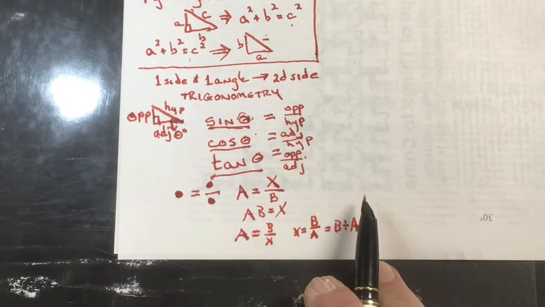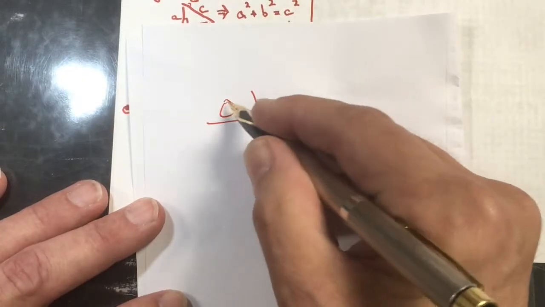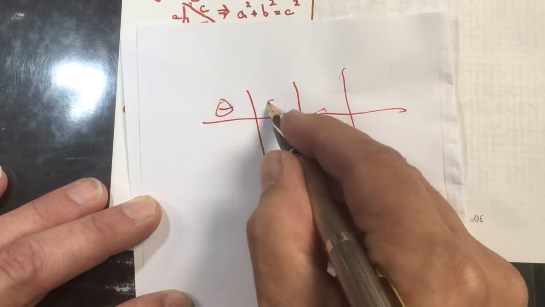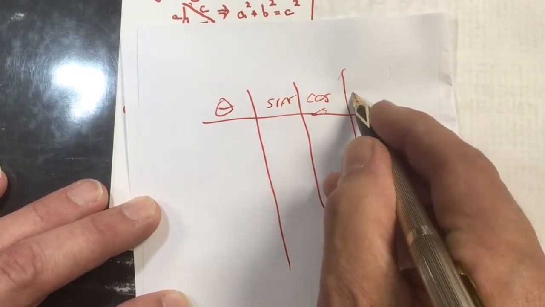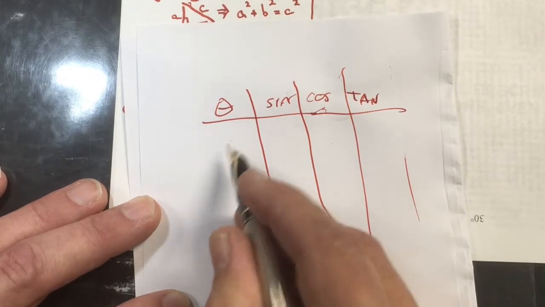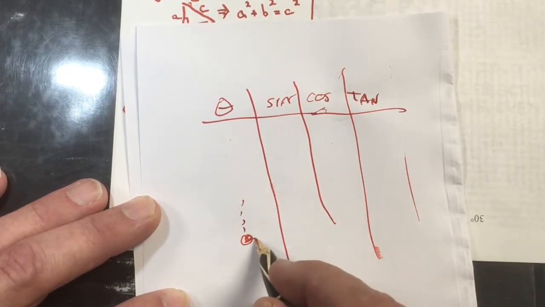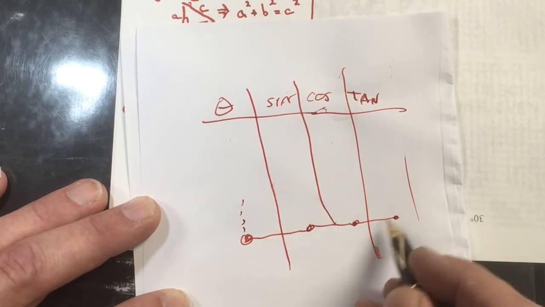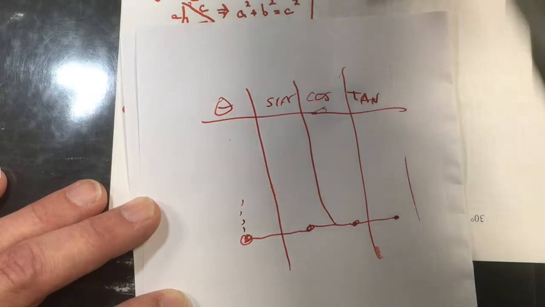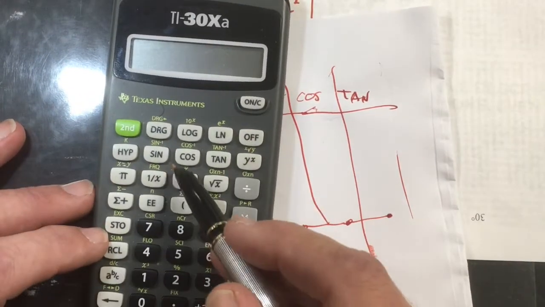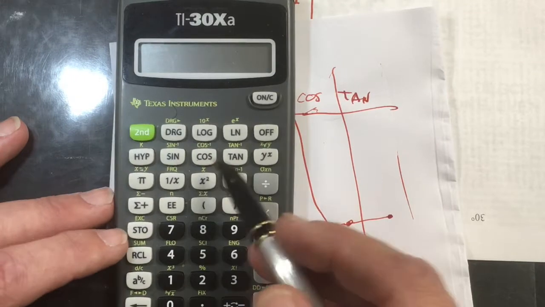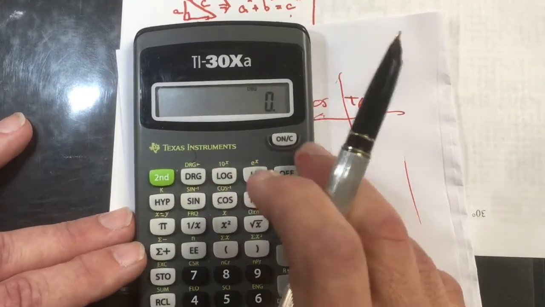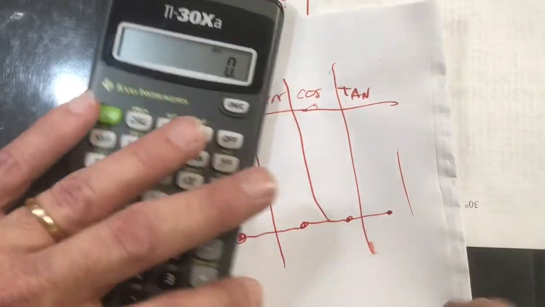The trig chart has a list of angle measurements and then sine, cosine, and tangent columns. So whatever number you're looking for, you just find it and go across here to find whichever number you want. If you're dealing with a calculator, they got buttons on them that say sine, cosine, tangent. And the thing with the calculator is you don't have to do it as two separate problems. If I had, for example,